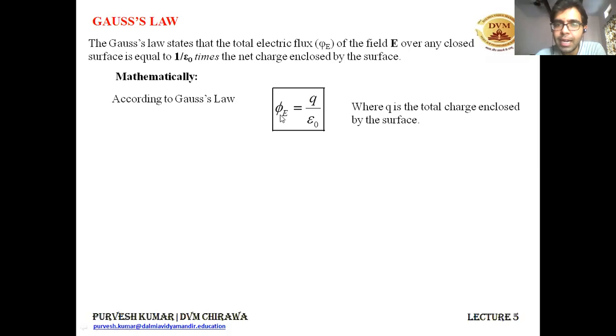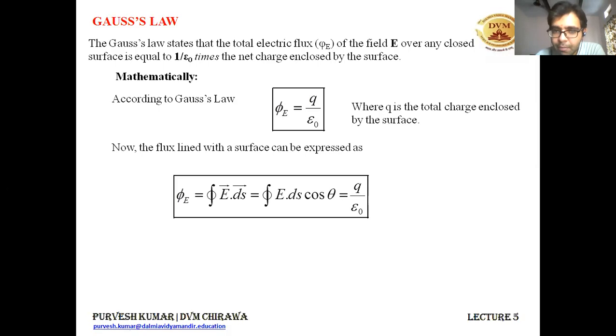That is the integration of electric field with the area vector, E dot ds integration, that can be giving you the total flux linked through a surface. All right. So combining both the formulas, we can easily write that the electric flux can be expressed as phi E is equal to the integration of E dot ds. This is from our previous class. And by Gauss's law, this phi E is also equal to Q upon epsilon naught.